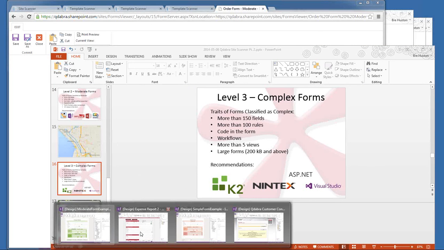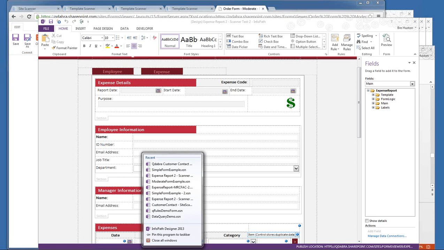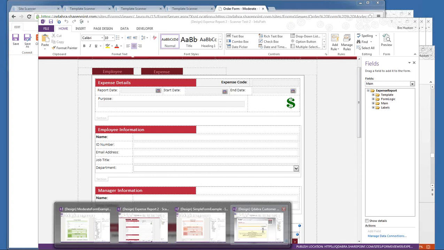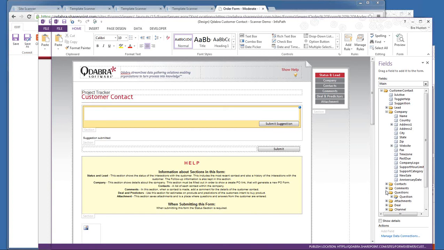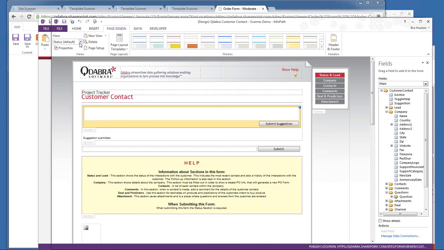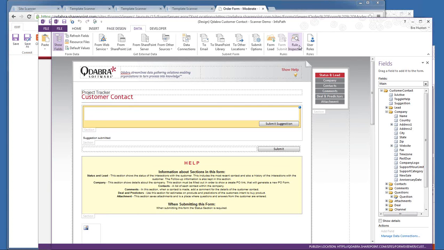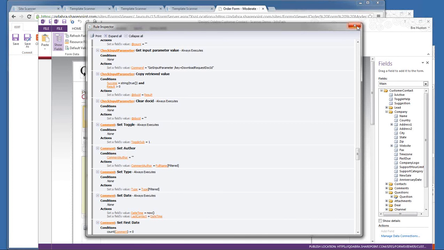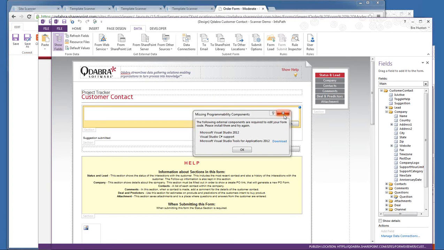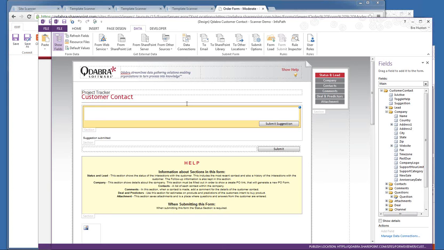So if we go to the designer, I'm actually going to show our very own customer contact form. So this form has been designed, has many, many different fields, lots of logic. We have several different views here in our data, our rules inspector. You can see we have an extensive, keep scrolling list of different rules. And this form actually contains a bit of code. So if we go